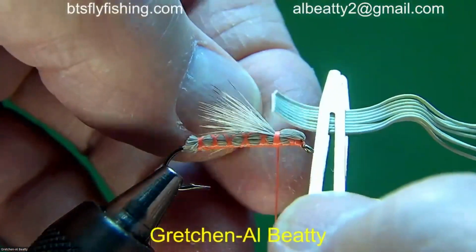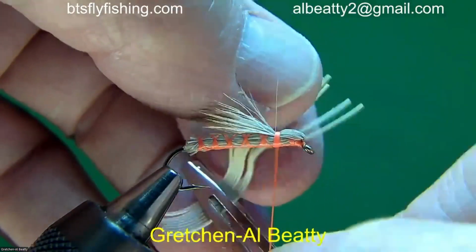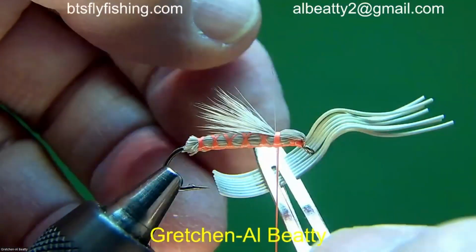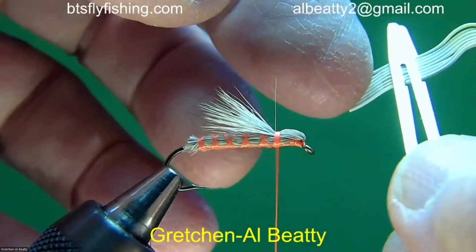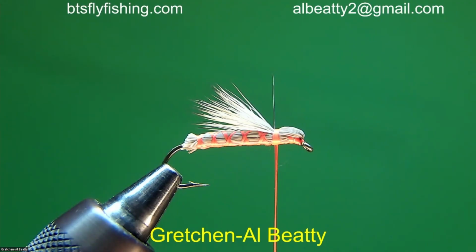This is all together, a little bit of separation here, and it's not uncommon for your rubber leg material to be like that. We have kinks and so forth. We're going to deal with kinks and knots at another time. We've already dealt with them earlier this year, so there's no reason to go into it. But what we're going to be dealing with is how you slip them on the hook. What I'm going to do is start with